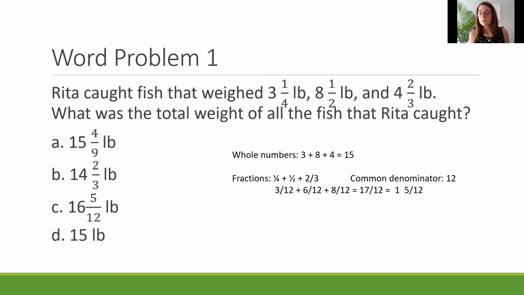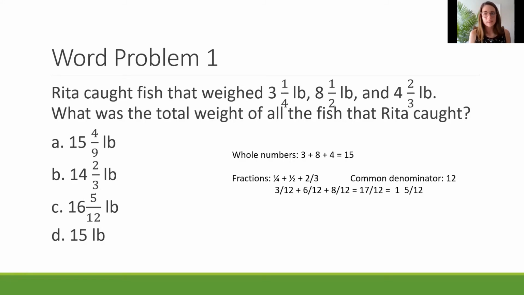And 2/3, well, there's the denominator 3, which we're going to have to multiply by 4. And so we'll also do that to the numerator to get 8/12. Now, I love adding fractions because once you get that common denominator, you just have to add the numerators together. So we're going to do 3 plus 6 plus 8 is 17, and we keep our denominator, so we get